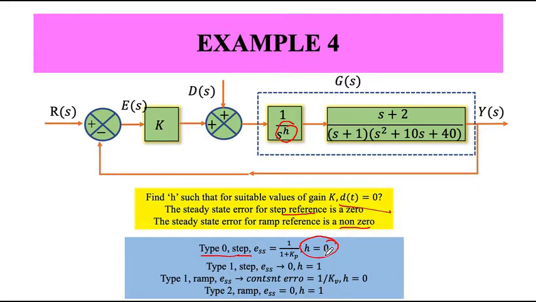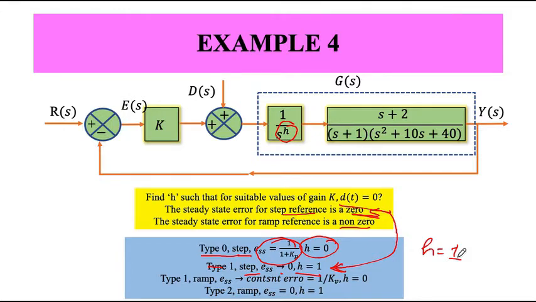Okay, so now H is equal to 0. I would have some steady state error. This error is not equal to 0. But what the statement wants is that it should be 0. So I should at least have H equals 1, so that I have a type 1 system, and then with step input, E(s) goes to 0, and that we know. Now this is what the answer is. I want this thing, so this will give me that H equals 1.